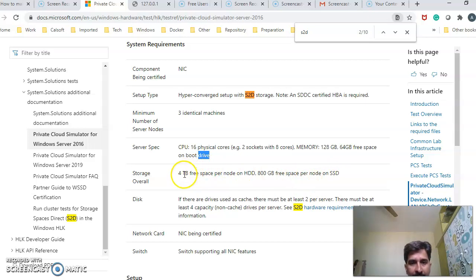So 4 TB is what you're going to need for your Storage Spaces Direct cluster configuration, and this is extra for your OS itself.